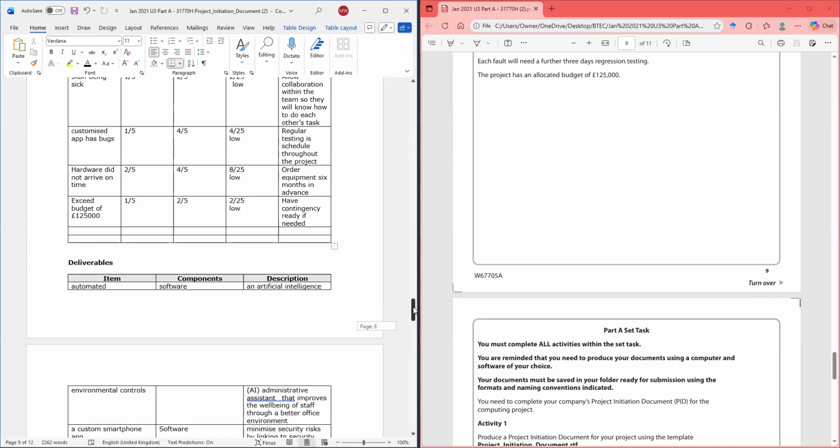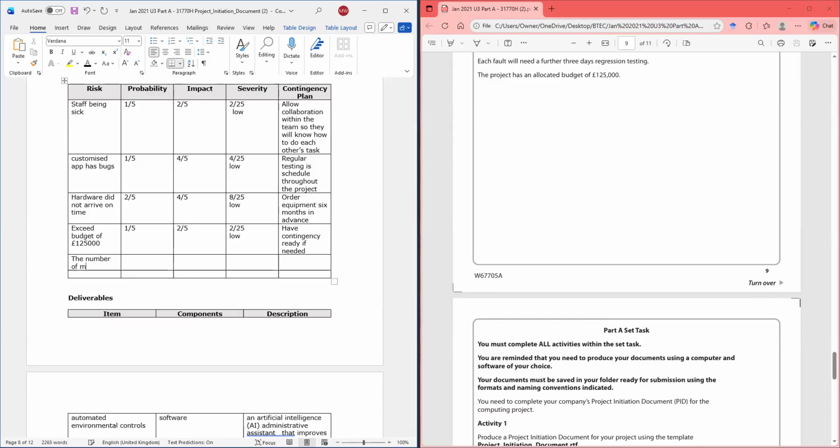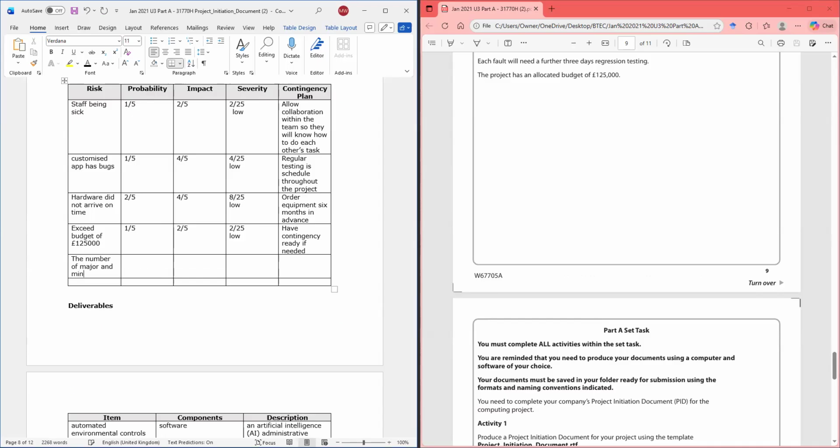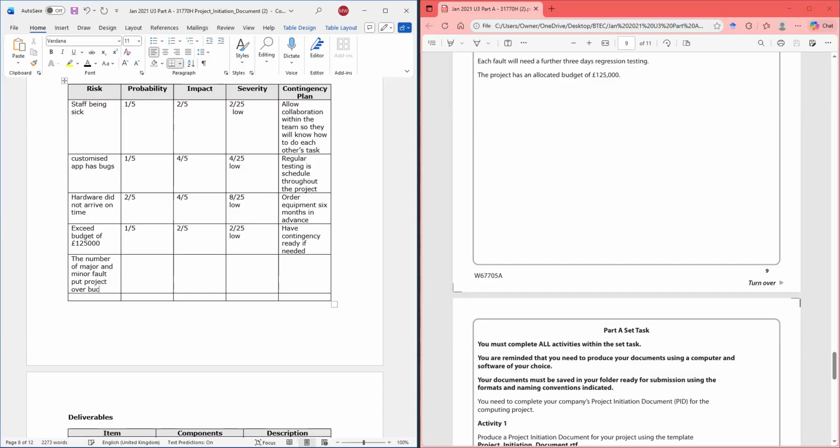What if the number of major and minor faults put the project over budget?